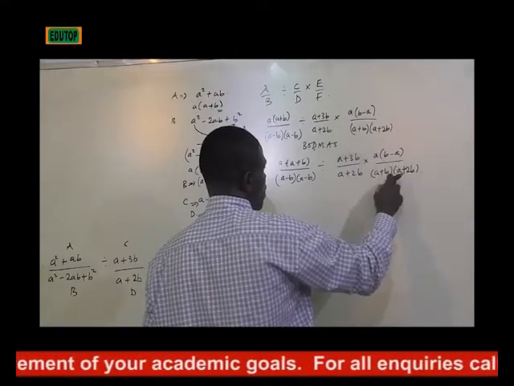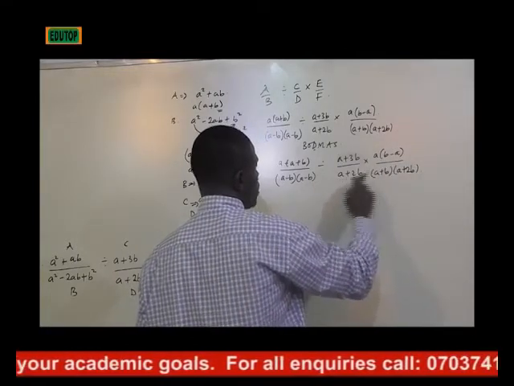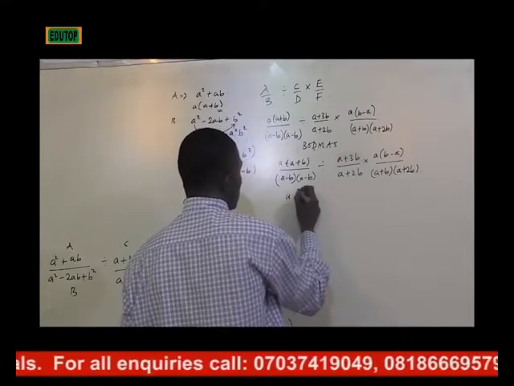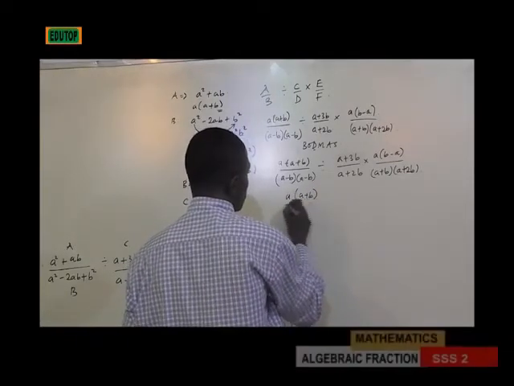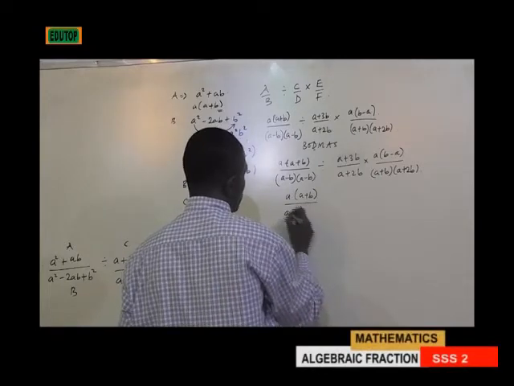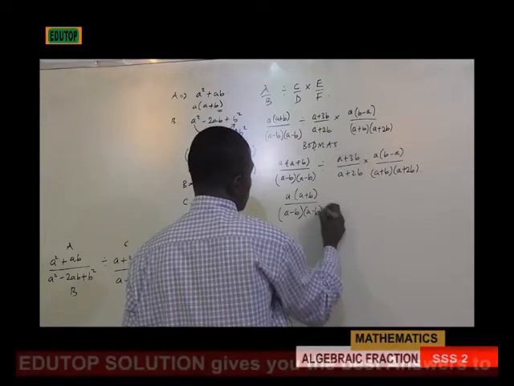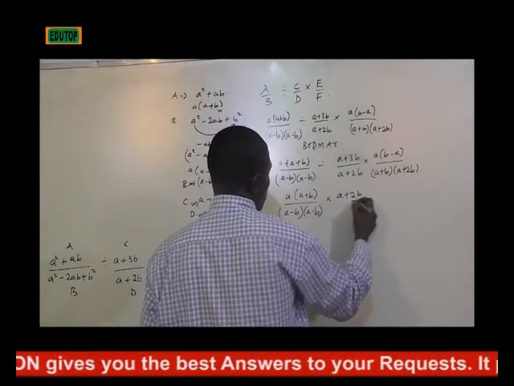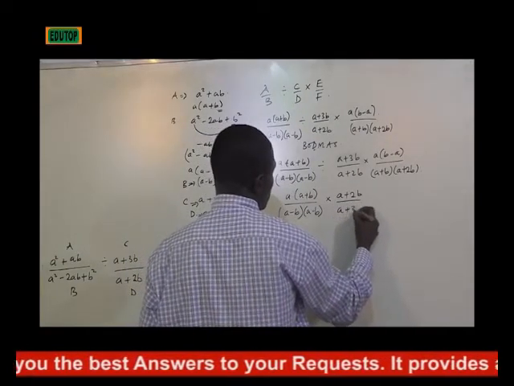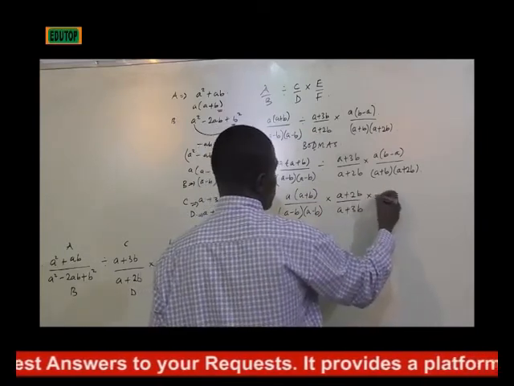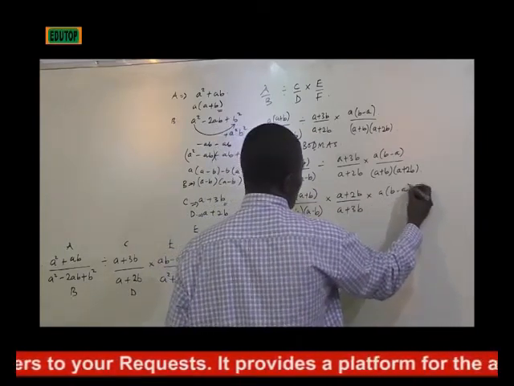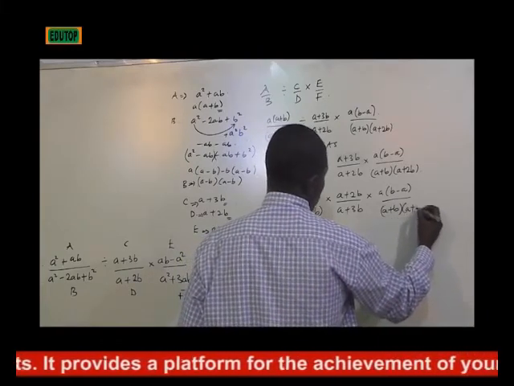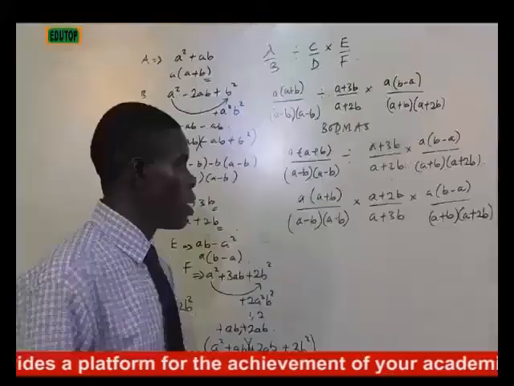Then here, since we are talking about BODMAS, this one has nothing in common with this, so automatically we exchange this. So we have a into a plus b over a minus b, a minus b, and we have times, so this one becomes a plus 2b over a plus 3b. So this one has changed now, times a into b minus a over a plus b, a plus 2b. So let's